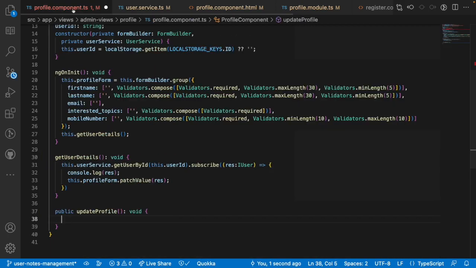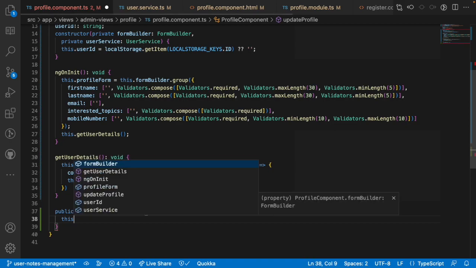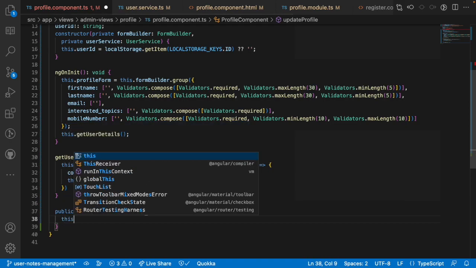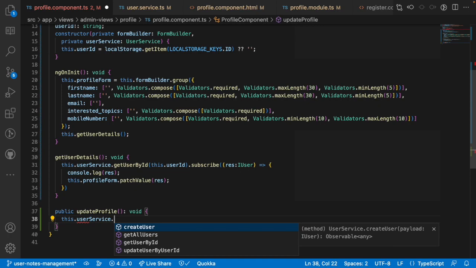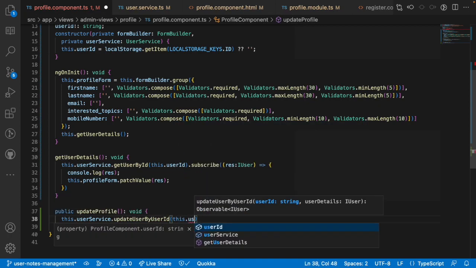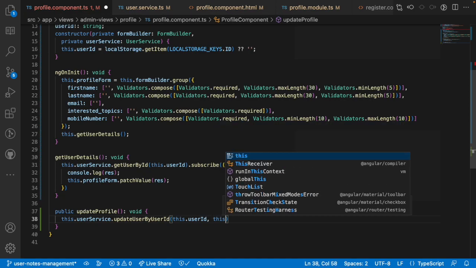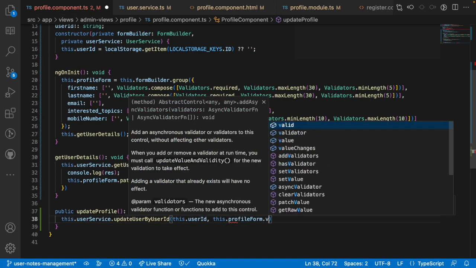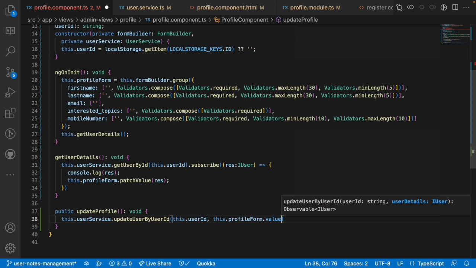Let me save this. Now let me go into profile. When the user clicks on update, this update profile will be called, and what we'll do is get that particular value. How we will get this: this.userService has something called updateUserByUserId. I'll pass the user ID for this, and I'll also pass this.profileForm.value,